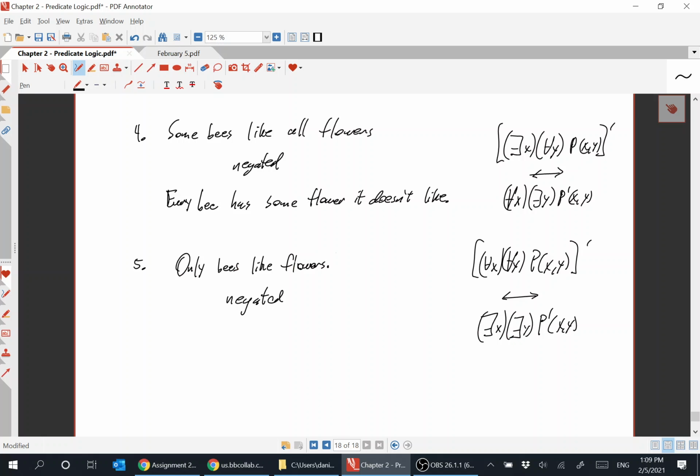So only bees like flowers, negated, is going to be what? Some bees don't like some flowers. Not all bees. When you say not only bees like flowers, remember that only bees like flowers means nobody else does. It means I don't, you don't, hummingbirds don't. So not only bees would be